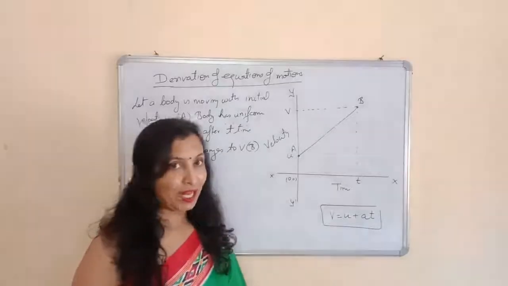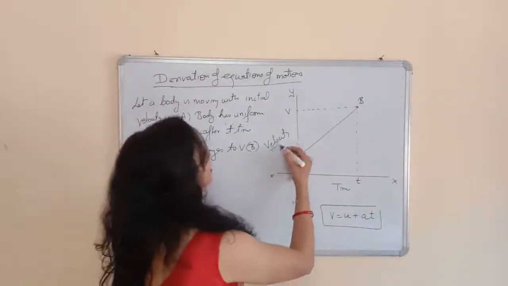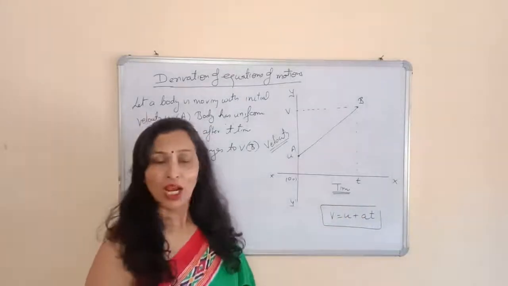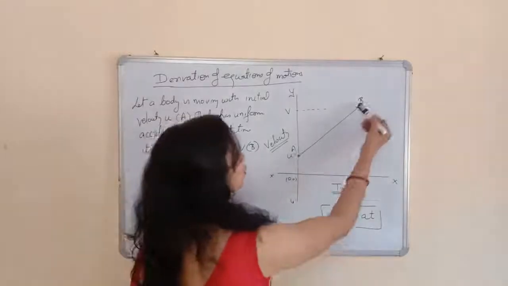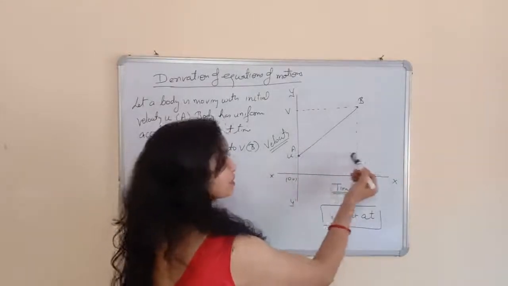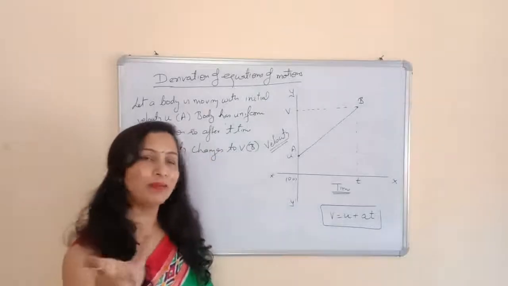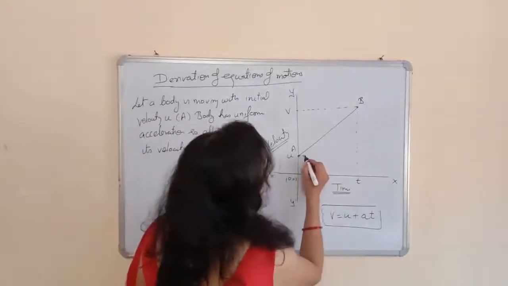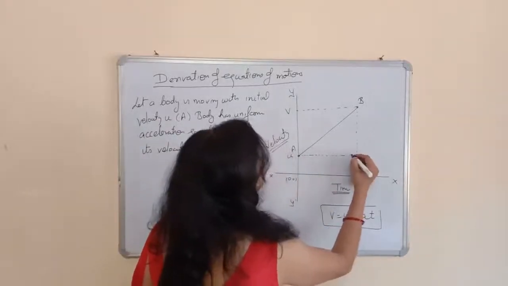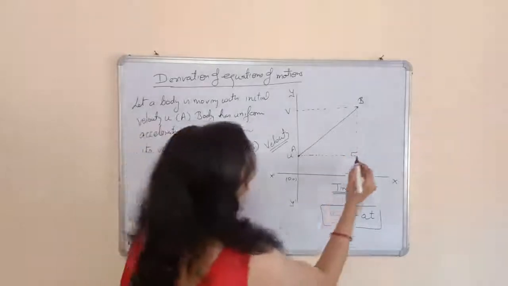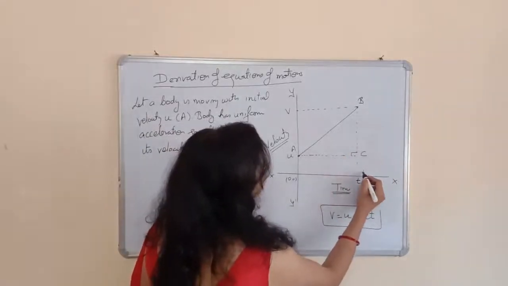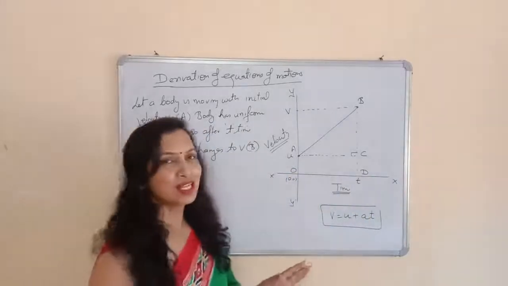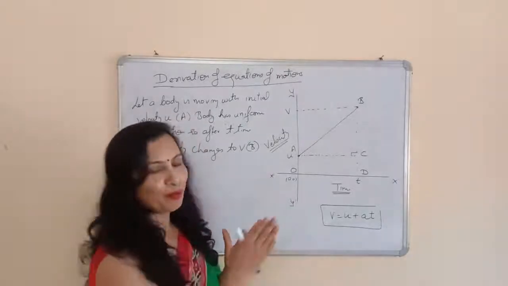Now in the VT graph, if you want to find the acceleration, I told you that you have to find the slope of the graph. And what is meant by slope? Slope means this slope AB, the perpendicular and the base. For this slope, this is the perpendicular, this is the base. First I am going to make a construction here. I draw the perpendicular here. I am writing the point C, and this is D, and I am writing O. So these are the different points we have to use, so I have to mention the points here.